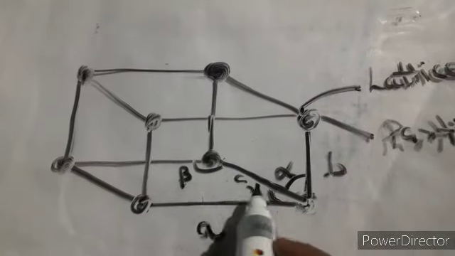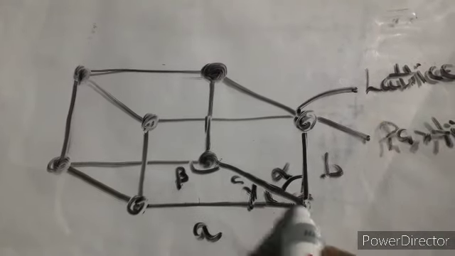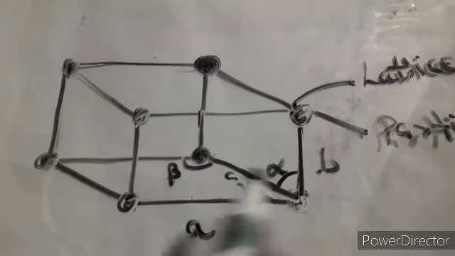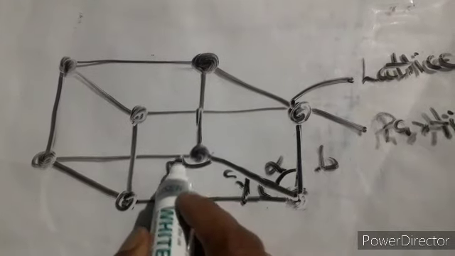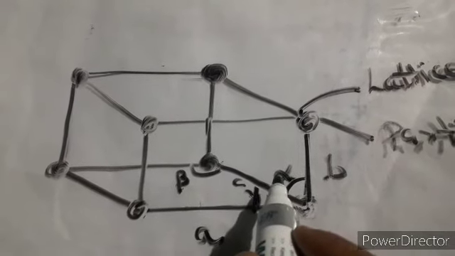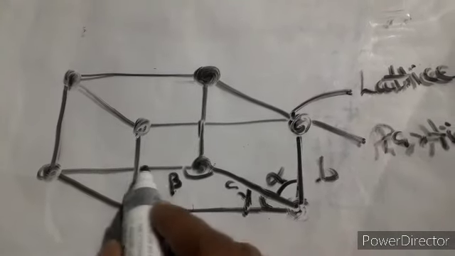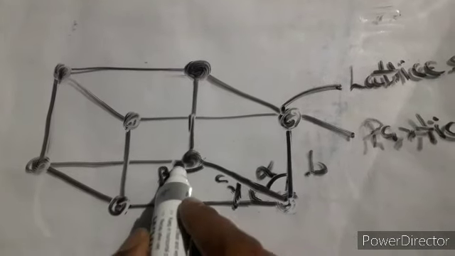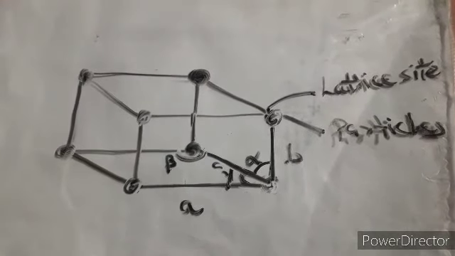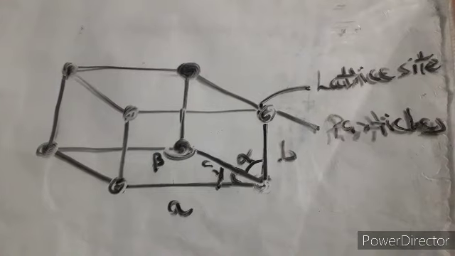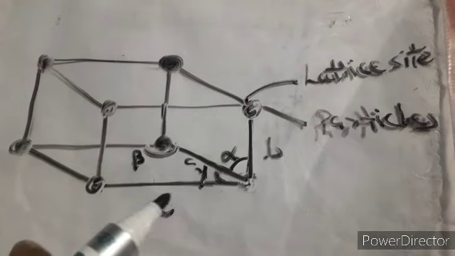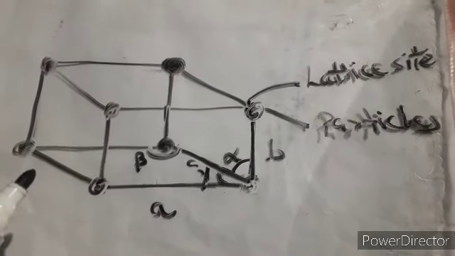And if you are focusing on this part, A and C, and you are seeing this portion, then it is what? It is your gamma, right? If you see this portion, beta is basically more prominent between your A and C portion. So this way also you can have a beta. So these are the angles. This is again not at all required to learn, but still you should understand because you are studying the base of it. It will help you see the edges and what type of angles are formed. So this is one of the things which we have discussed. This is the parameter of the unit cell.